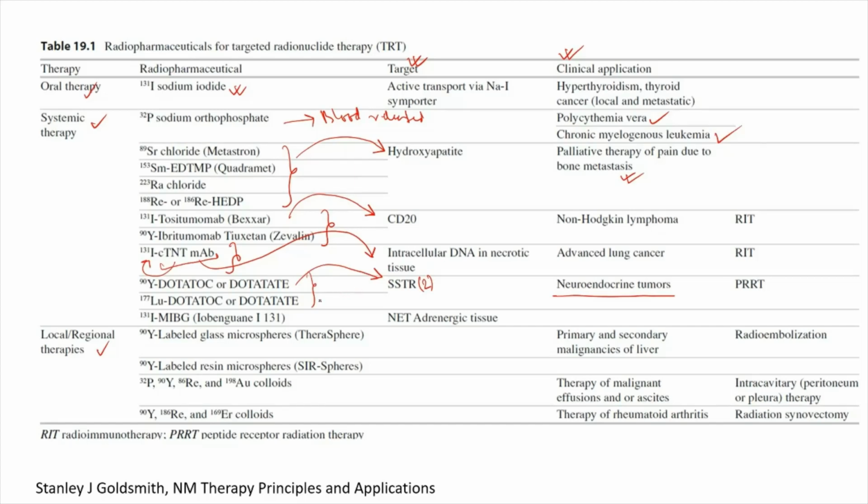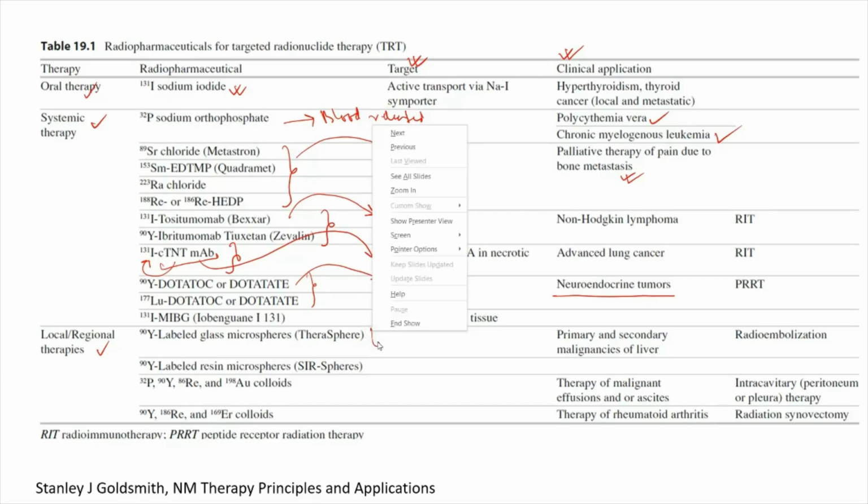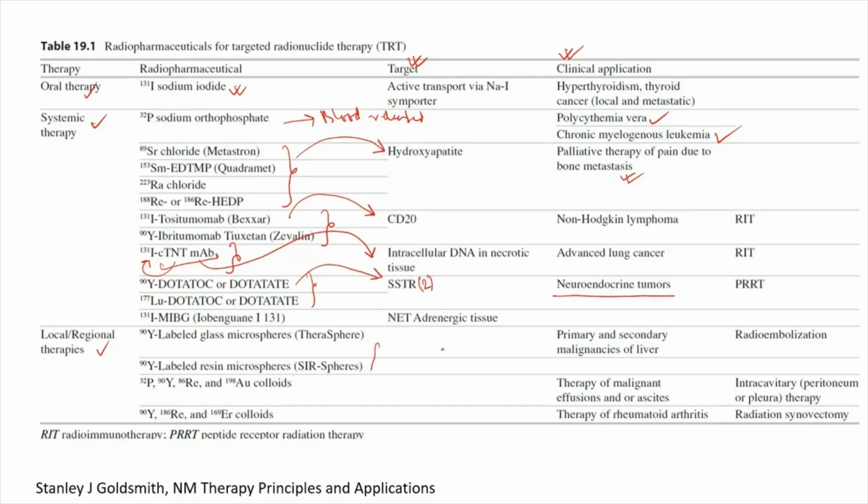Fine. The last of this type is the iodine 131 MIBG, and it is also being used in the treatment of neuroendocrine tumors like pheochromocytoma. And last but not the least are the local and regional therapies like yttrium-labeled glass microspheres, which are being used in a process called radioembolization for the treatment of primary and secondary malignancies of the liver. And TheraSphere and SIR-Spheres are being used for the same reason, for the treatment of primary and secondary